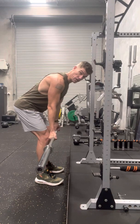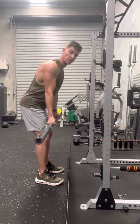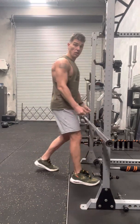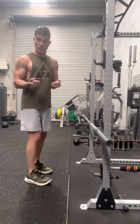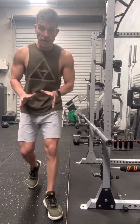Now, when you're done, finish the completed set, finish the last rep, stand tall, and then walk the bar in. A lot of people will go 1, 2, 3, finish, okay, and then I'll walk it in with a lifted arm, or they'll just try and lift it with a bent back. Straight away, that's prone to injury. You can hurt yourself, you can hurt your lower back. Complete the set, start the set in good condition, good mitigation of injury and risk, but also make sure you're